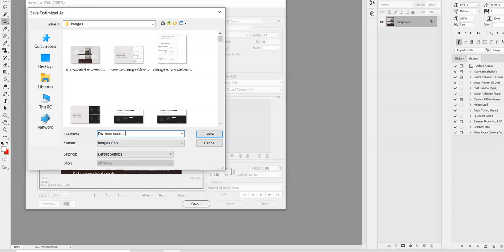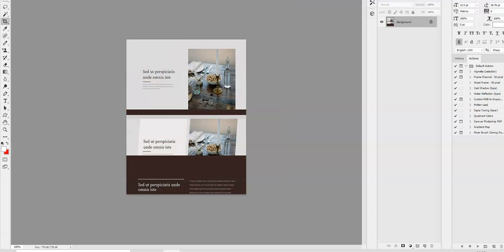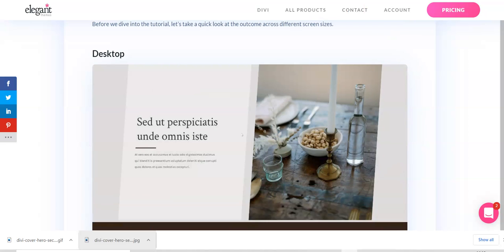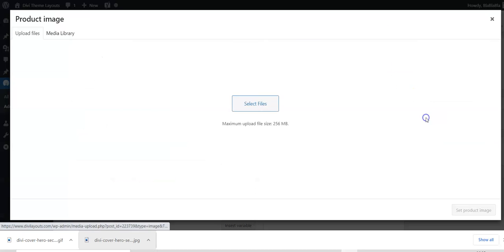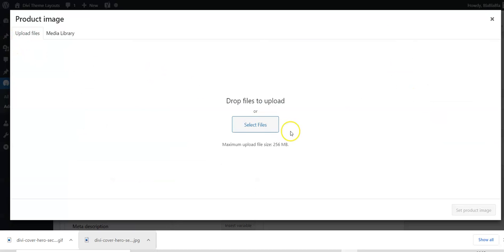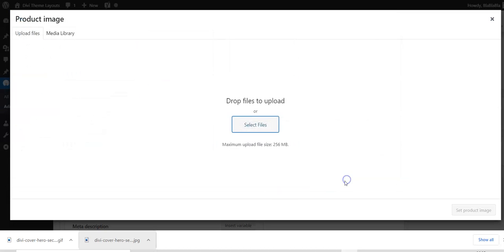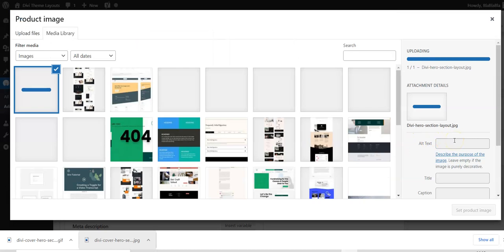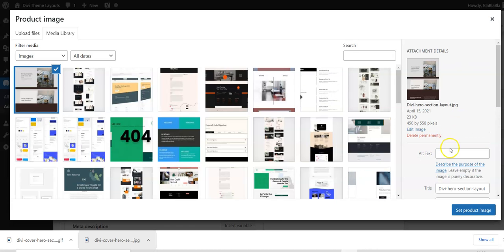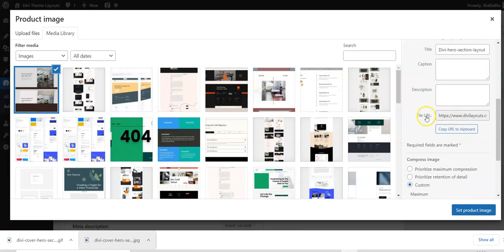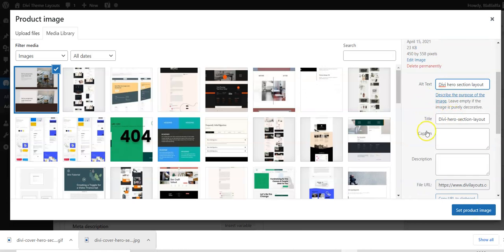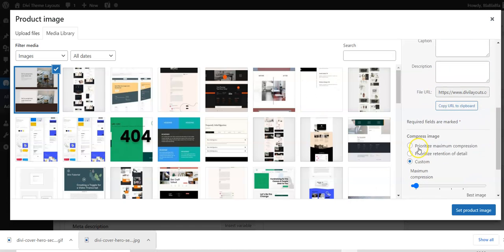Just Divi hero section layout is fine, whatever. Okay, so then we're going to go down and select files, and always put alt text. The rest of it's same. So you have alt text, title, don't worry about caption, description,